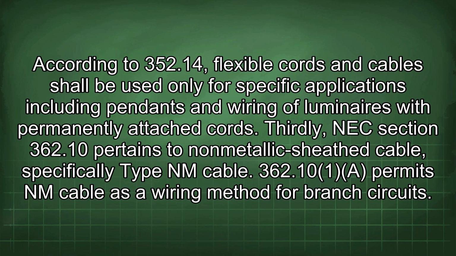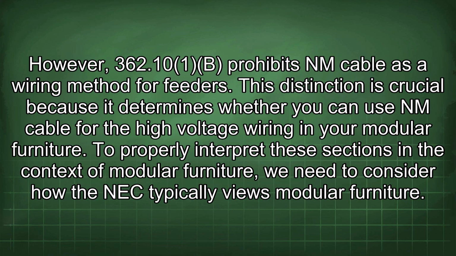362.10 permits NM cable as a wiring method for branch circuits. However, 362.10b prohibits NM cable as a wiring method for feeders. This distinction is crucial because it determines whether you can use NM cable for the high voltage wiring in your modular furniture. To properly interpret these sections in the context of modular furniture, we need to consider how the NEC